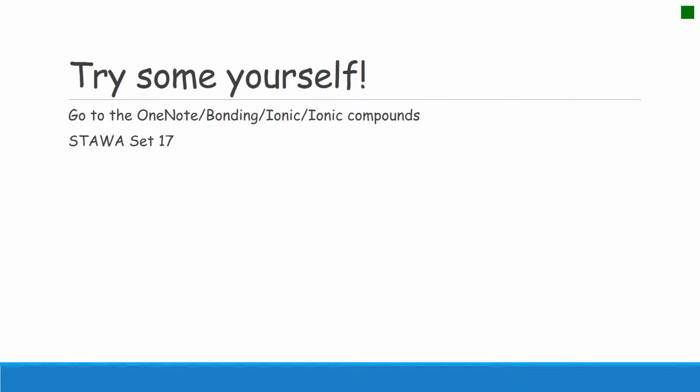Now try a few yourself. Go to the OneNote, bonding, ionic and ionic compounds. After you've done those, go to Starless F17. Now Starless F17 has a mixture of both molecules and ionic compounds. So this will always require you to ask yourself the question right at the beginning, what